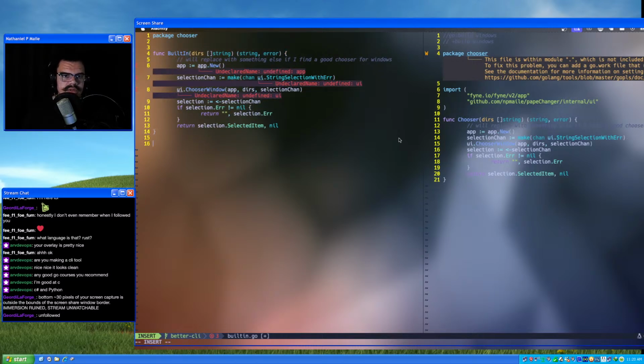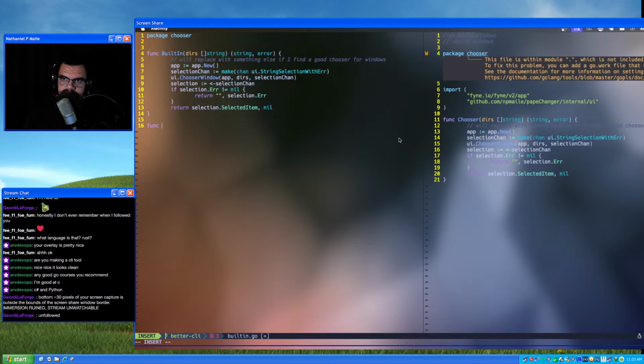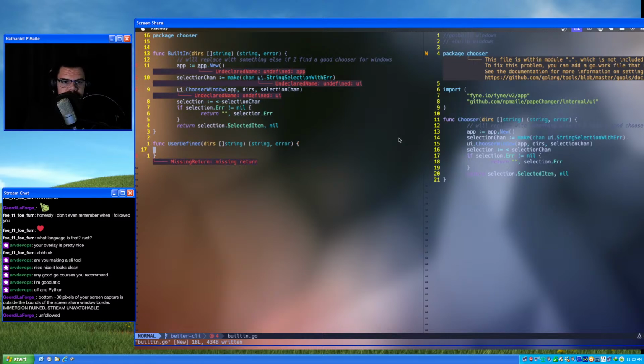And then we'll make a new one, call it user defined. There's just a slice of string, and then it'll return a string and an error.